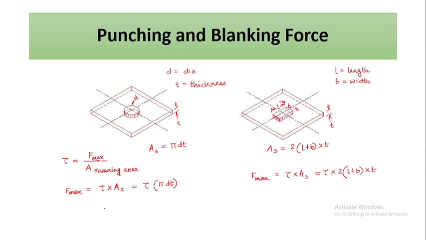This is the maximum force required to perform the shearing action. So we can see that this is the maximum force that is required for the shearing operation. So this maximum force will be provided by whom? This maximum force will be provided by the punch. Now, as the maximum force will be provided by the punch, the capacity of the punch must be greater